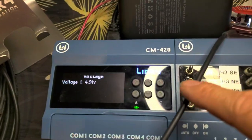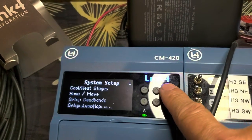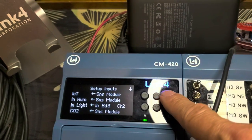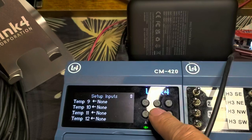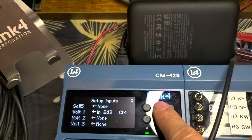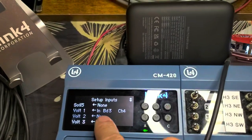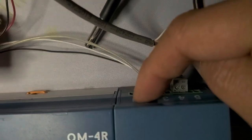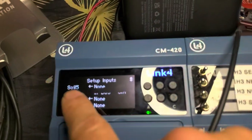So the way to configure this is you go to System Setup, Setup Input, lots of inputs here. You go down and you find the voltage. Okay, voltage 1. Now, voltage 1 doesn't have to be channel 1 right here. In this example, this is on 4. So I set up voltage 1,